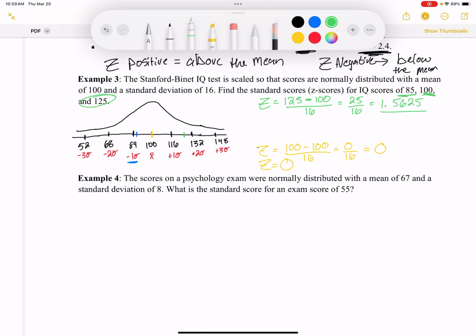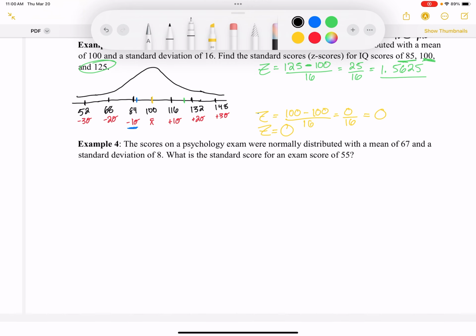So the scores on a psychology exam are normally distributed with a mean of 67 and a standard deviation of 8. What is the standard score for an exam score of 55? All right. I prefer to go ahead and draw a little picture. I think you should do this more and more often so you really understand what you're talking about. I know that's ugly, but